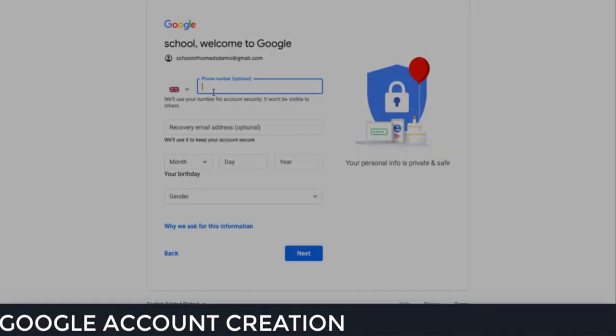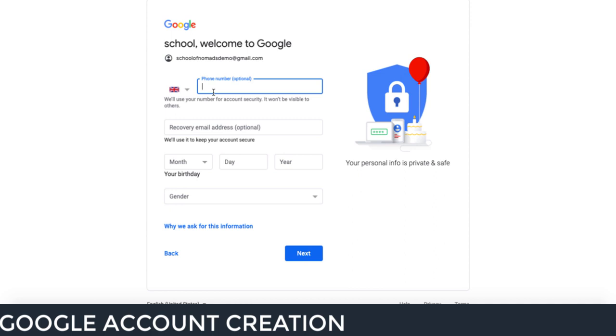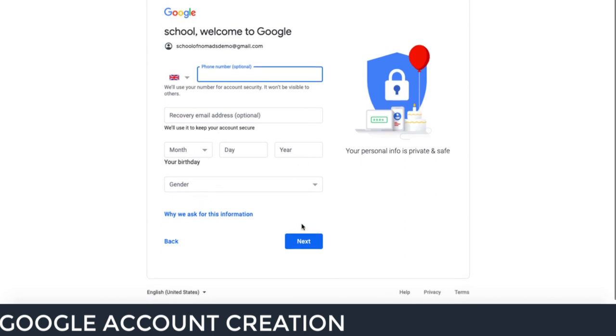press next. So they're asking me for a phone number because they want to be able to verify this account. So I'm going to put my phone number in there. Then you would come along here and put a recovery email address in. That would normally be your personal email address. Again, I would put one in there in case you have any issues going forward with this account, so you have an email you can recover it with. Then put your month, day and year of birth, and then put your gender in there and then just press